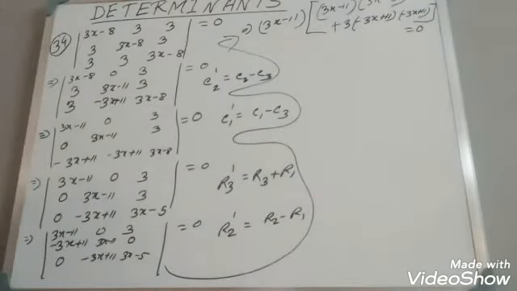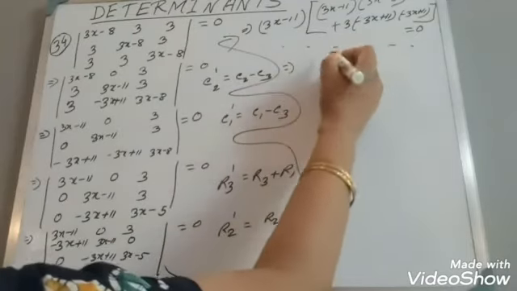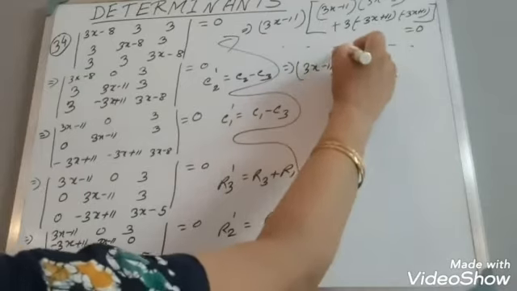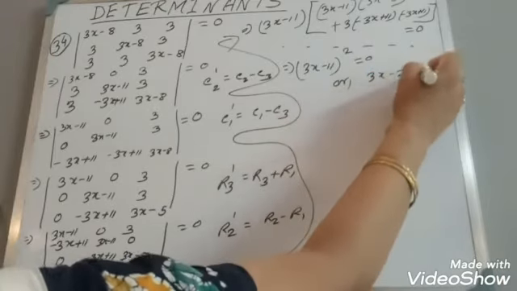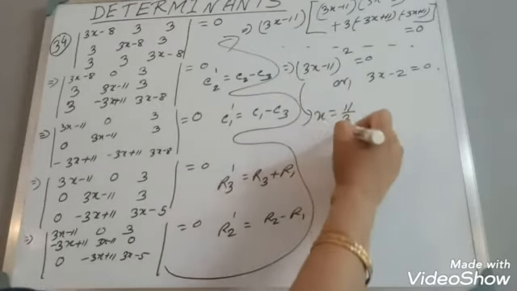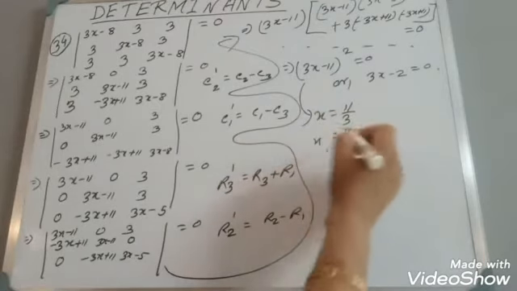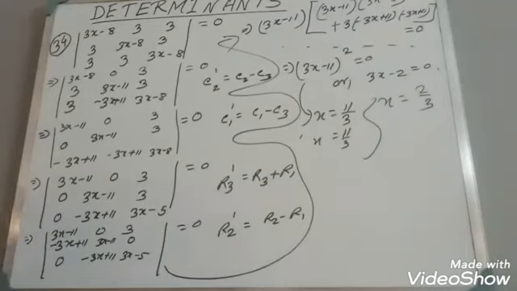Just do this calculation part. From here what we will get, just do the calculation. Here we will get 3x minus 11 whole square is equal to 0, or we will get 3x minus 2 equal to 0. From here we can find x is equal to 11 by 3 and again x is equal to 11 by 3. Okay, and from here we will get x is equal to 2/3. So these are the values of x. Now let us do some more sums. If you want, you can copy this from the board.